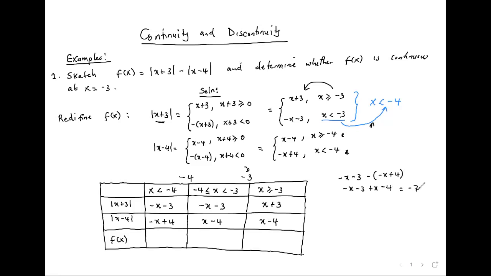So -7 is here. The middle one has -x minus 3. And then